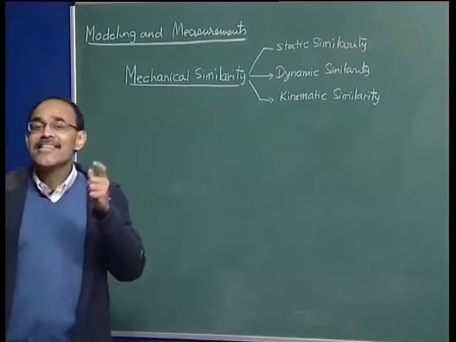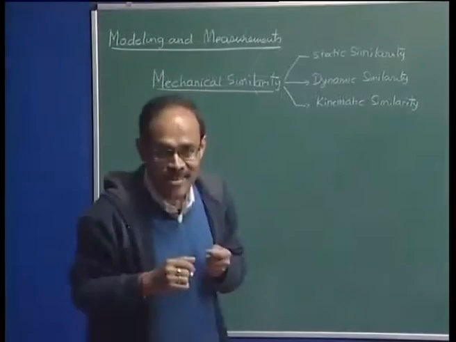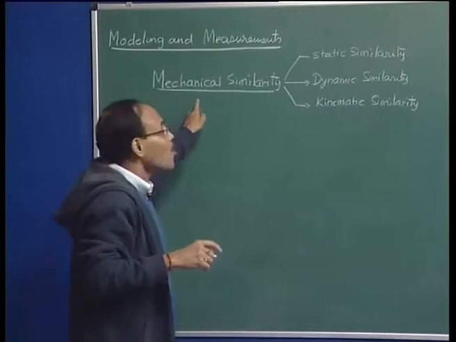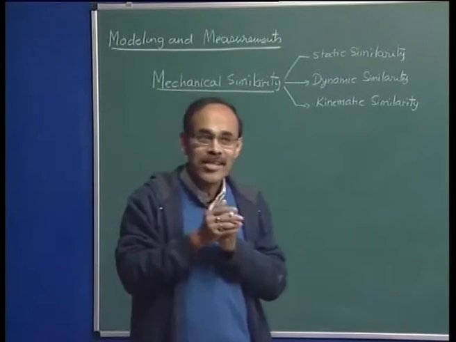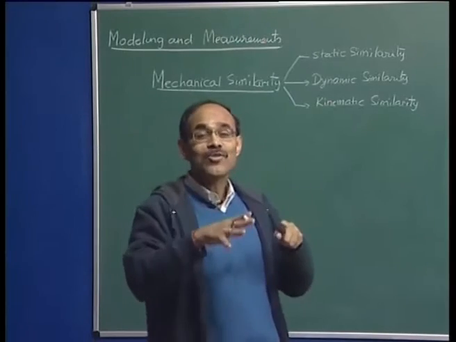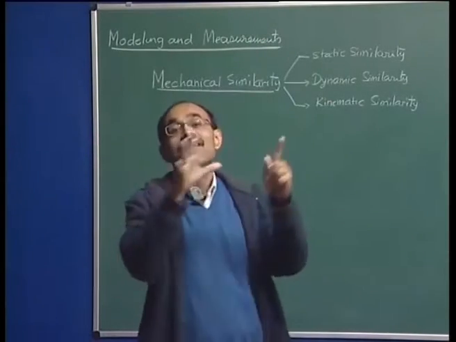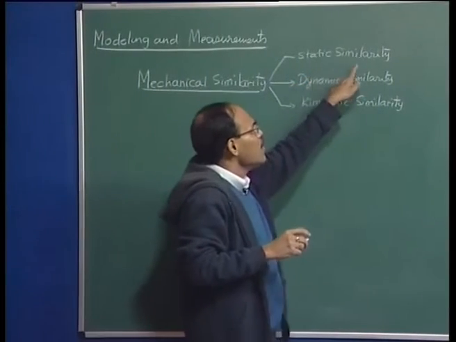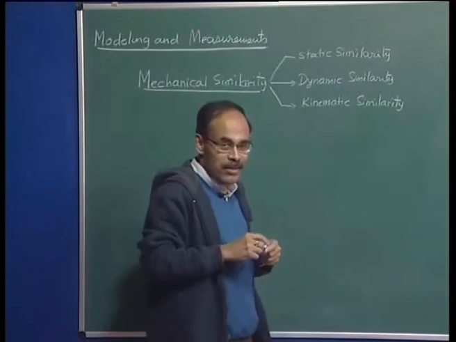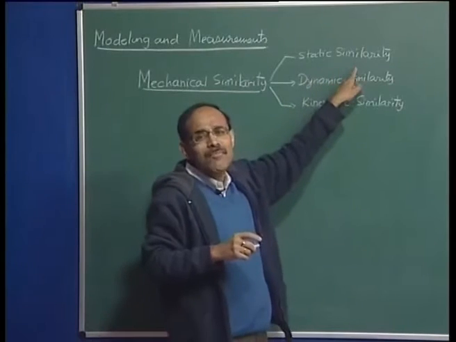Geometrical similarity is the similarity of shapes and sizes. When we talk of mechanical similarity, we are talking about similarity of forces acting on the two systems. And what are those two systems? The model and the prototype system. Static similarity is not of much importance to steel making. Static similarities are of extreme importance